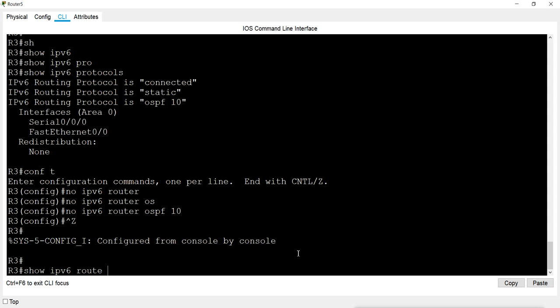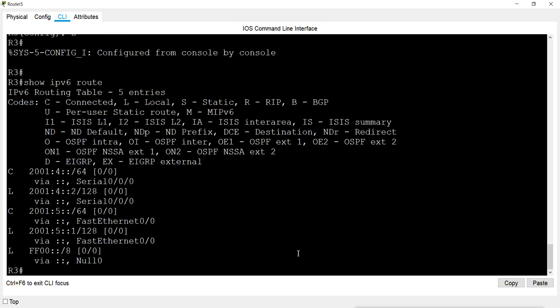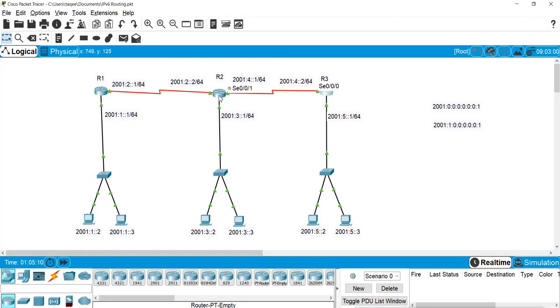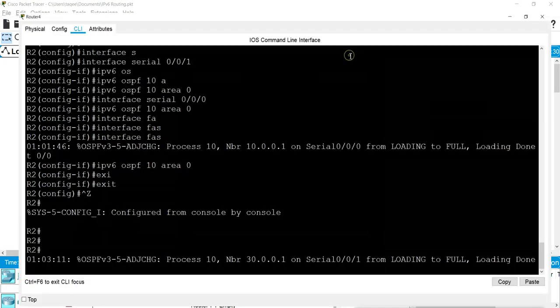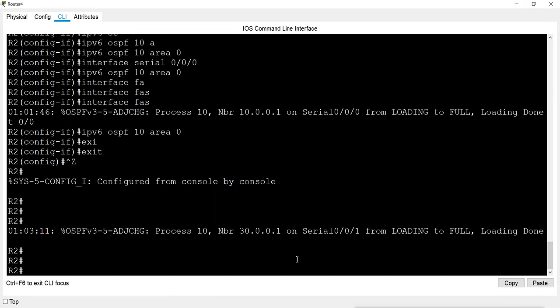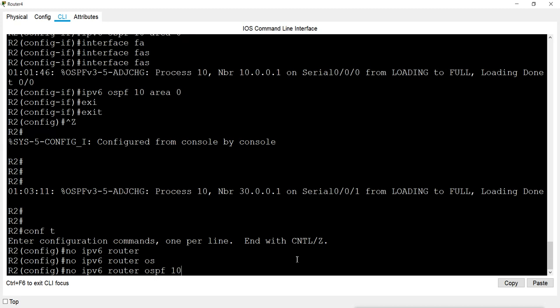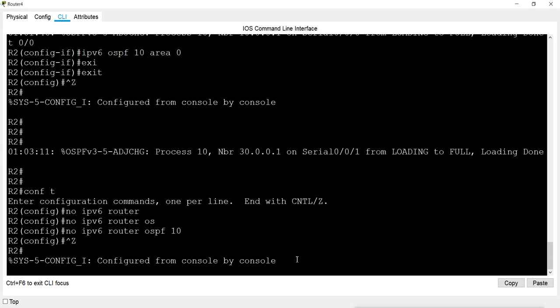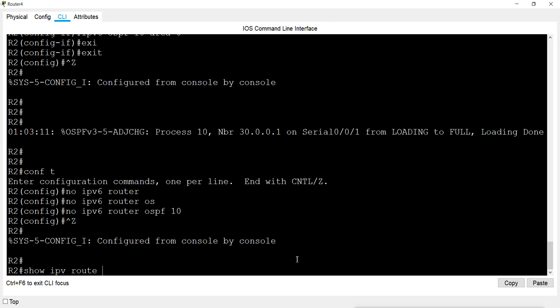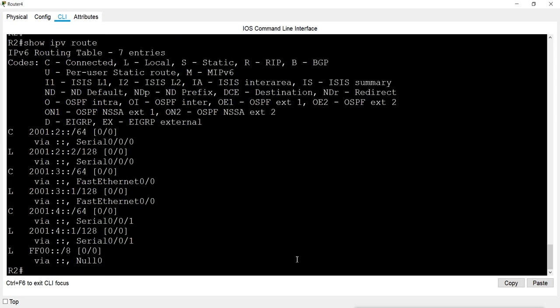Now when you check show ipv6 route, it is showing only static and connected networks. I removed it from router 3. I can remove it from router 2 also. No ipv6 router ospf process ID. This one is also removed. Now only connected networks.